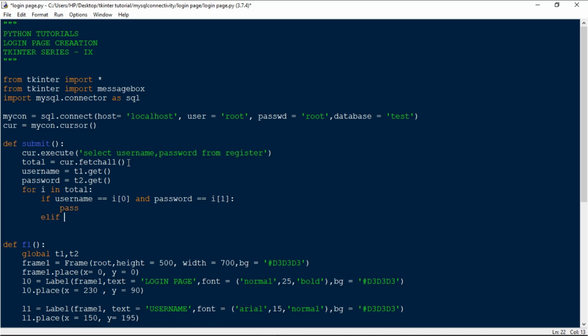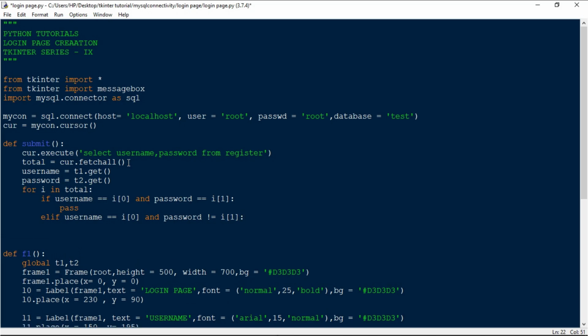In the elif case, username is equal to i[0] and password is not equal to i[1]. In this case, the password entered by the user is wrong, so we have to display a message box.